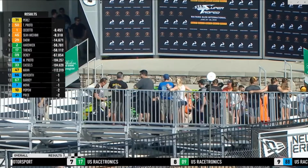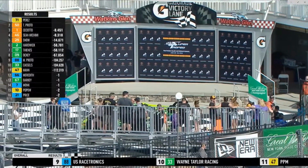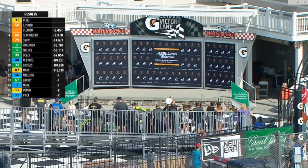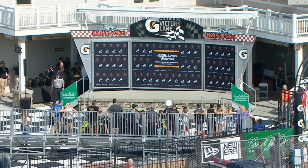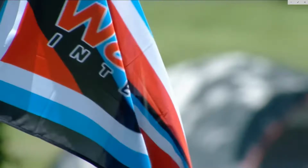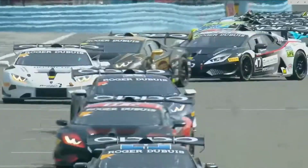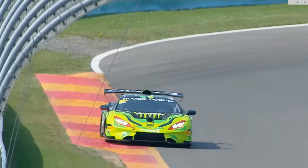There was certainly no information from you know, I now feel rather stupid having said, well, you know, they won it in the pit lane. We didn't see any notification of a pit lane penalty, but that's exactly what happened, and nobody's been advised of it via the timing screen. So a little bit of confusion and chaos at the end of the race. The Pro-Am is won by the 71, that hasn't changed. The Pros run by the 50, that hasn't changed, but they have been turned around on the overall. But there is a change in Am, where the number 2 has usurped the 17. Hardwick wins it from Thienes, LB Cup to the 88 car. Another race here at Watkins Glen International tomorrow. By then we might have a result that we can